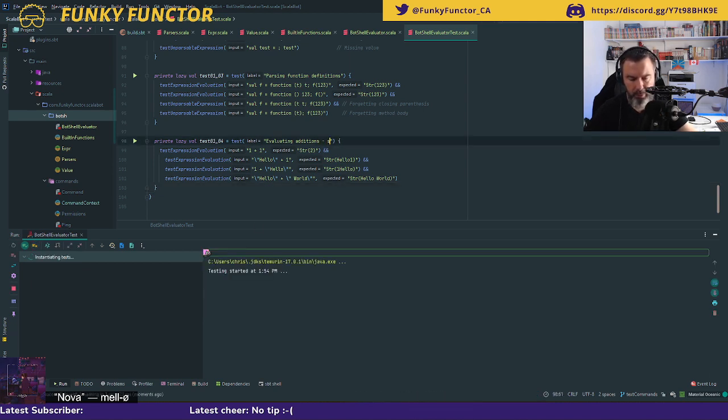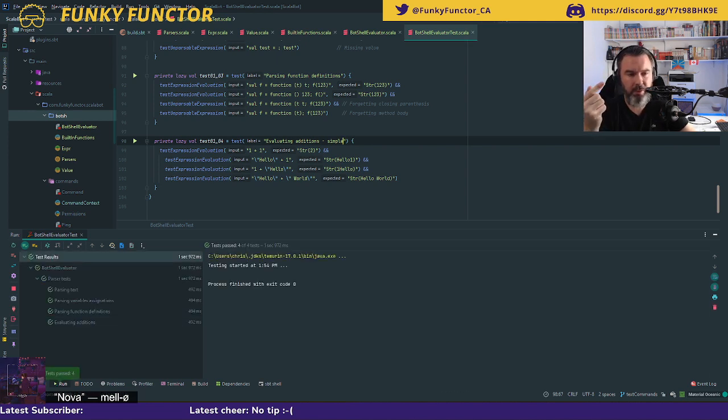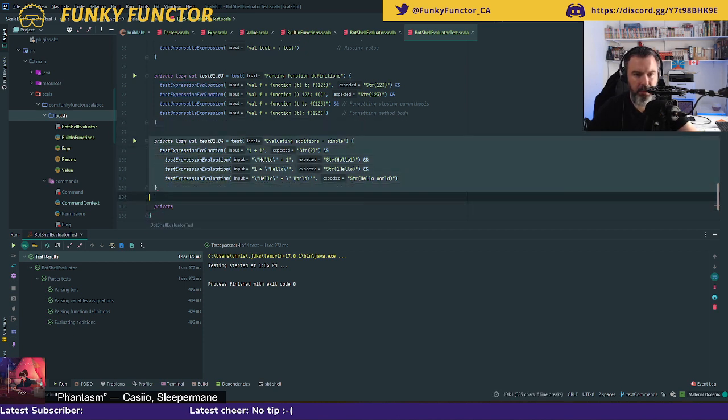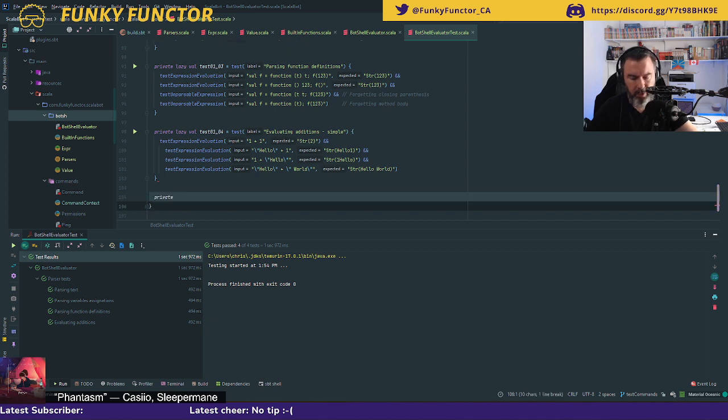And I am going to probably modify the name for that to simple, because the next step for me is going to be trying to make additions, but this time with functions, the result of a function. Let's say, for example, right now I define a function like this, 1, 2, 3, and I want to return. I want to get the value and so on. Okay, so private. We're gonna do this. So Control C. I'm gonna do this one here.